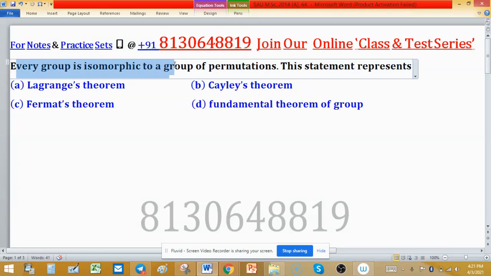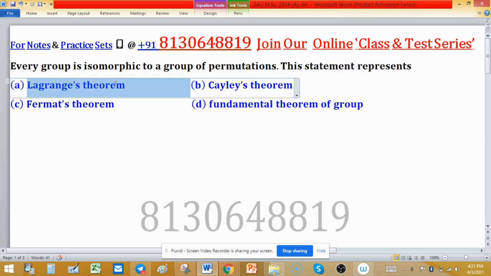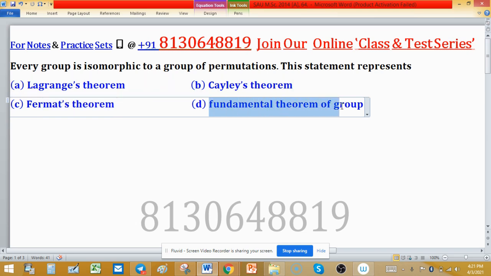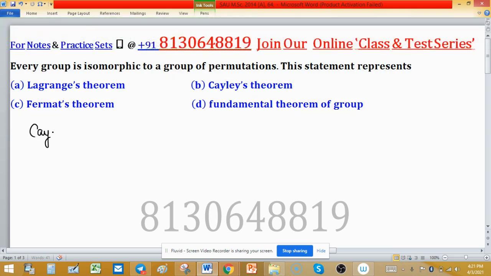Every group is isomorphic to a group of permutations. This statement represents Lagrange's theorem, Cayley's theorem, Fermat's theorem, or the fundamental theorem of groups. This is a direct statement of Cayley's theorem, which says that every group